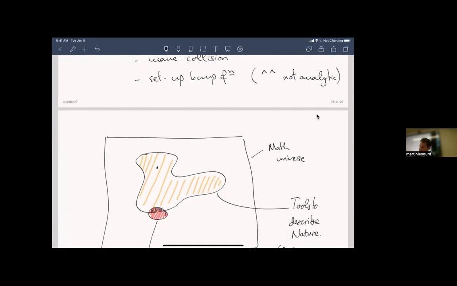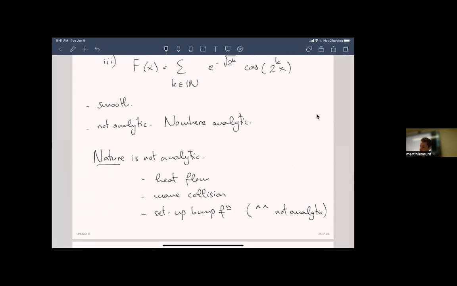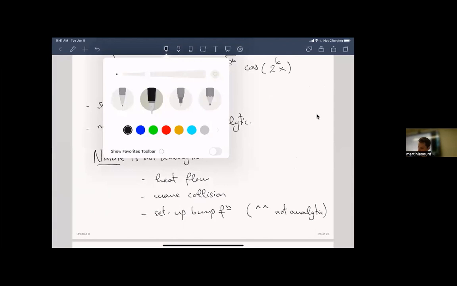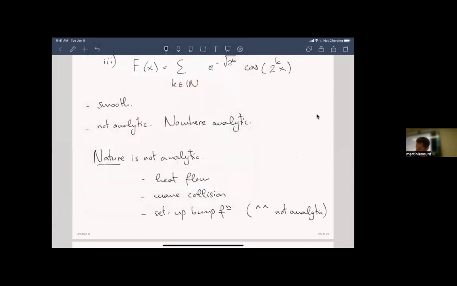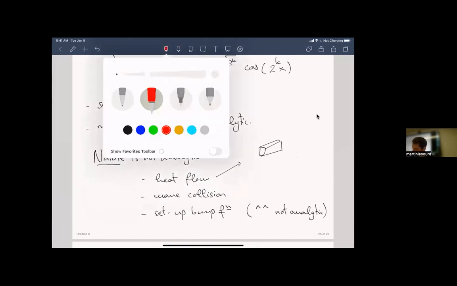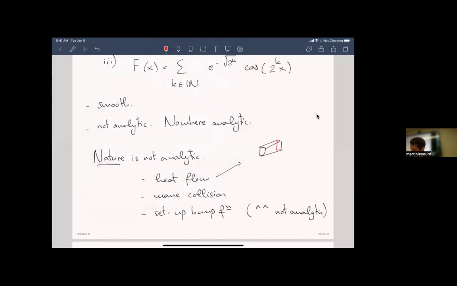Yeah, so what I mean by that is that, for instance, you can perfectly well solve a problem where you can make perfect sense of, say, a metal rod where you have a heat source that you switch on at time equals 0, say here, and then over time this heat spreads, right? You can make sense of that problem, and it makes perfect sense in nature without the initial data being